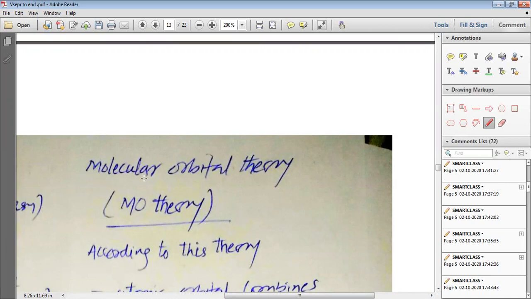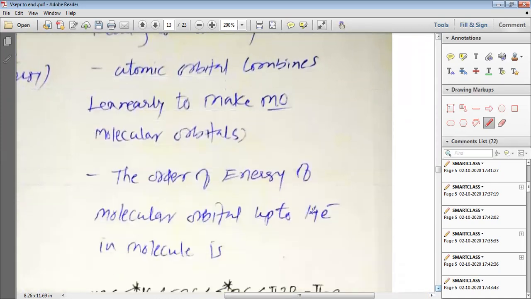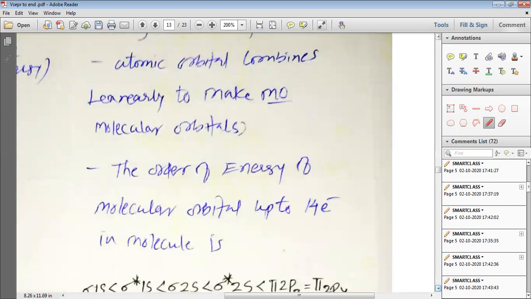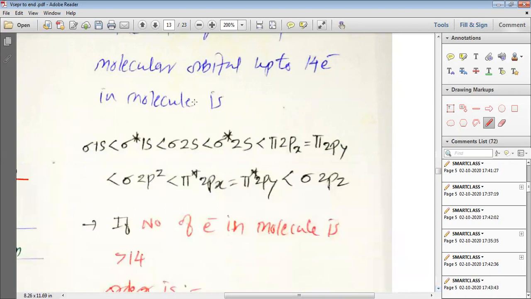According to this MO theory, my dear students, we can understand that atomic orbitals combine linearly to make molecular orbitals. The order of energy of molecular orbitals up to 14 electrons is given here. As you might have learned the order for the Aufbau principle, I will request you to learn this order too. So for 14 electrons, we have the order sigma 1s, sigma star 1s, sigma 2s, sigma star 2s, pi 2px = pi 2py, sigma 2pz, pi star 2px = pi star 2py,